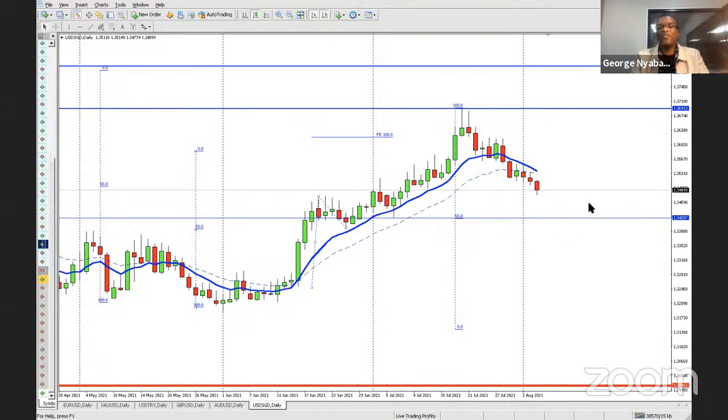Then all you gotta wait for, remember, you gotta see the setup first, then you gotta look for the entry pattern. Then just wait for a higher low, whatever is created. Then you want to take it up as high as you can, as high as the market allows you. Okay, so Singapore dollar,